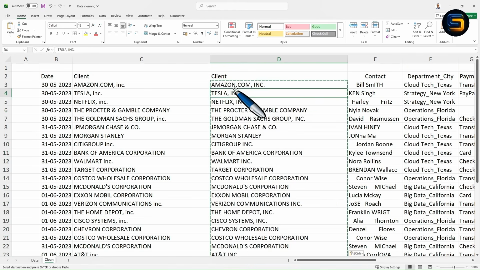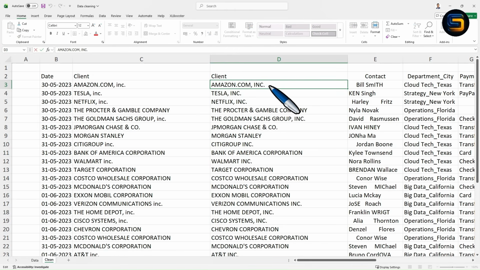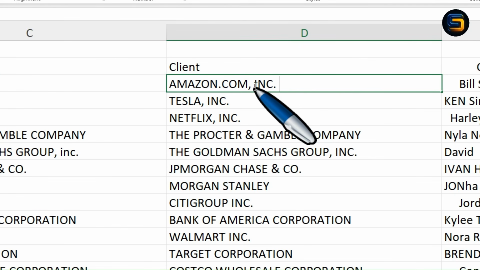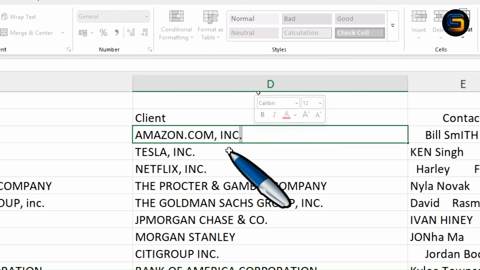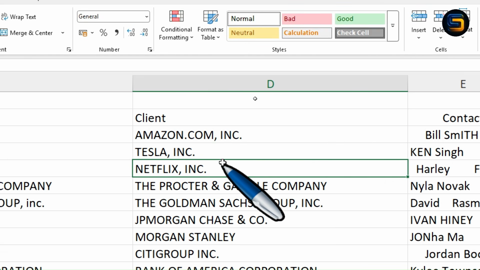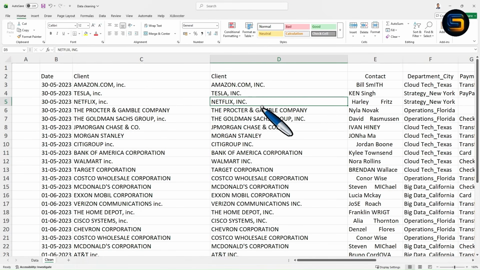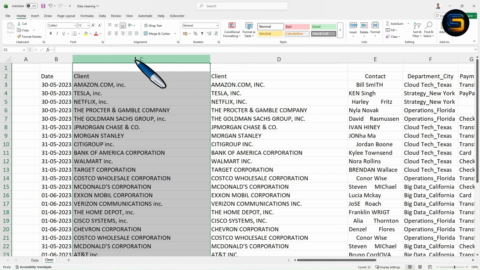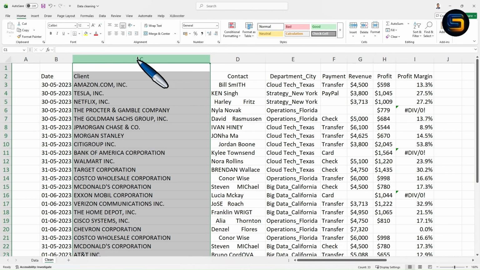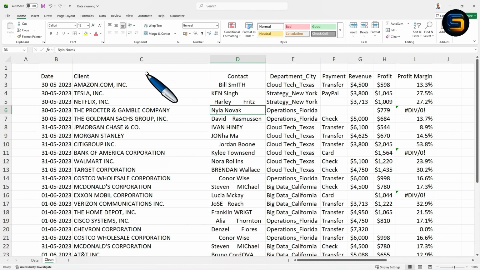Now here you can observe the formula has been removed from this cell. Let me zoom in. So when I double click on this, there is no formula inside the cell. Means I have converted the formula into the values. Now you can delete this column. Ctrl minus. Wow, amazing, right? Now there is no error. I have converted the formula into values, right? So this is the way of doing it.